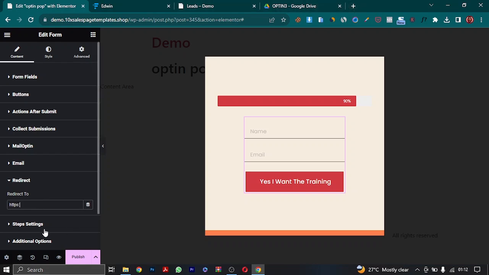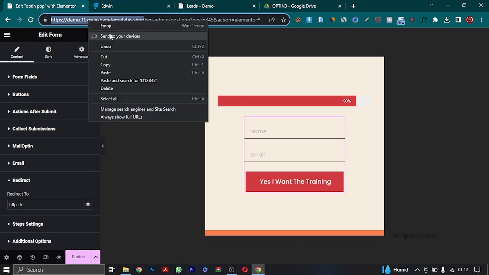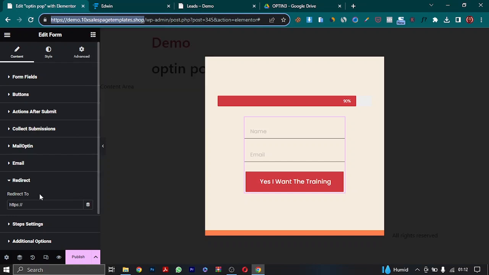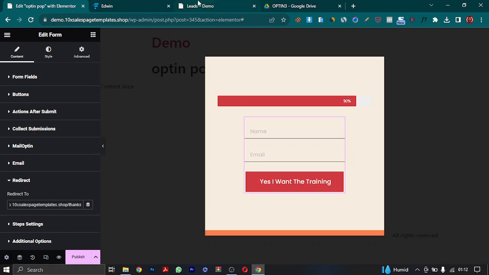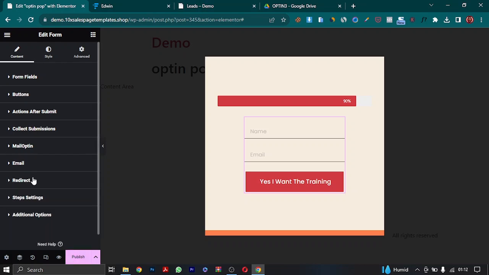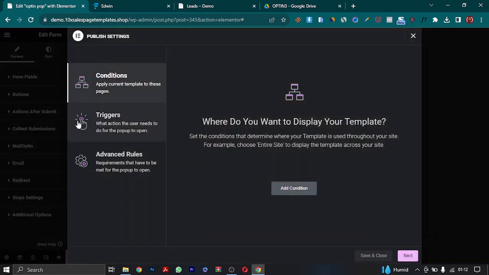So I think it is, let's just copy this here, copy /thanks. Okay, so this is our URL, but for you, you have to just copy this so you do it correctly. So after putting this email opt-in and this redirect, which is the most important aspect, you just click on publish, and then from the rules here,